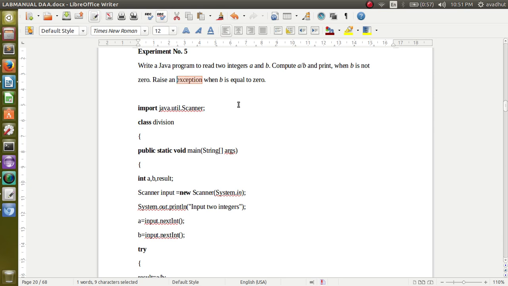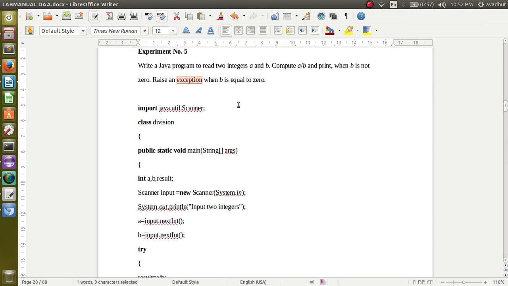We can handle this exception using a method, which is a try and catch block. Those parts of code which we feel may generate exceptions, meaning they may cause abnormal termination of the program, will be put in the try block.